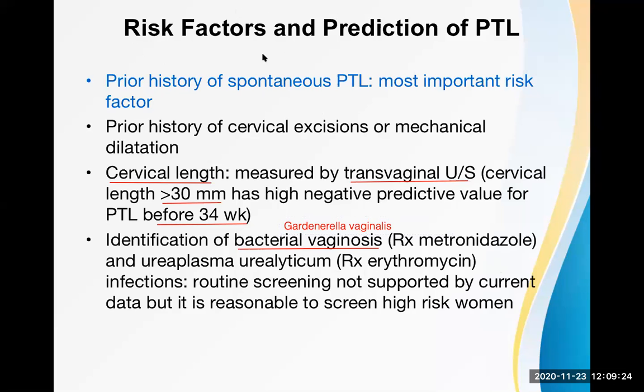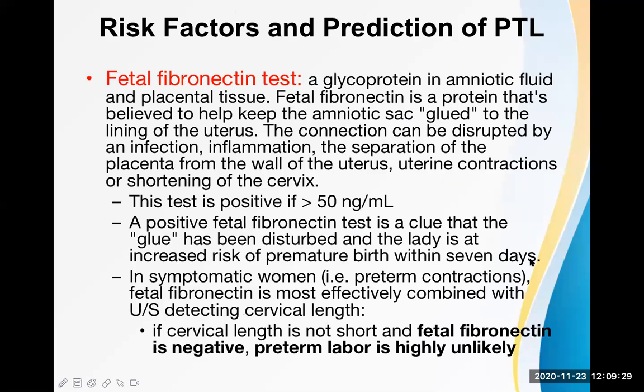Okay, so let's move on. Now, one important question which may be asked from this topic, please pay attention here, is the fetal fibronectin test. This fetal fibronectin test is also one of the predictors of preterm labor. Now, what is this? Let's discuss this. It's a type of glycoprotein which is present in amniotic fluid during the pregnancy. It is also present in placental tissue, but we are concerned about the amniotic fluid now.